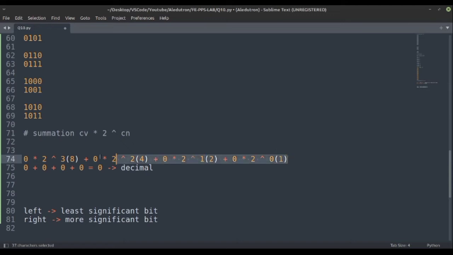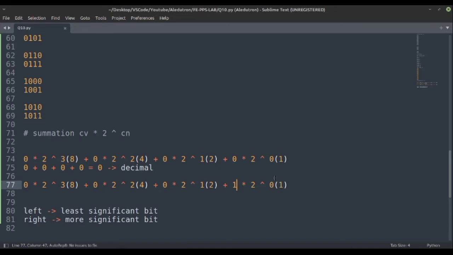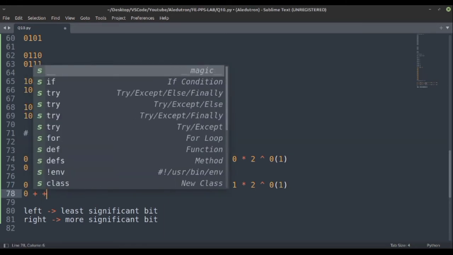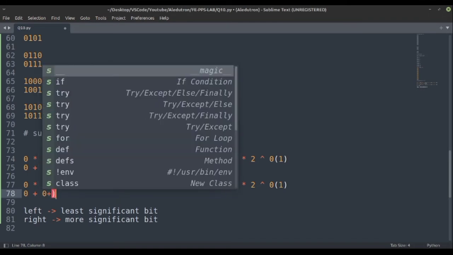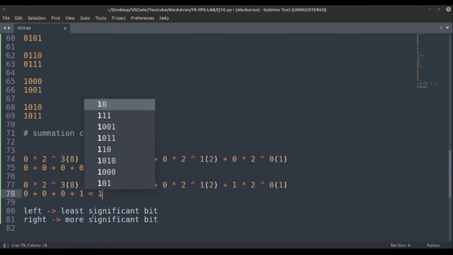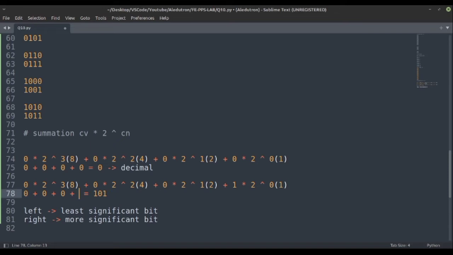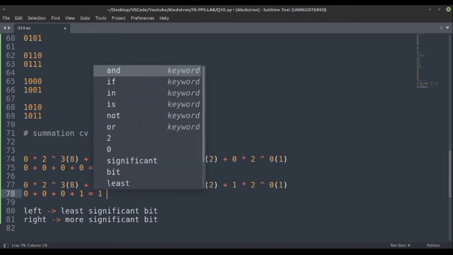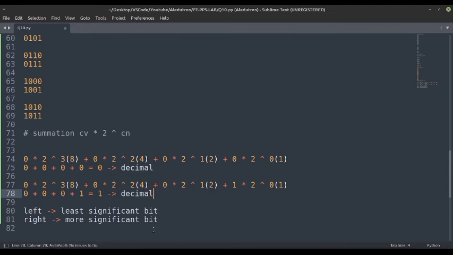So now similarly here the second digit has 1 at the last place, most significant bit is 1. So basically this 1 into 1 becomes 1, other all is 0. So 0 plus 0, 0 plus 0 plus 0 plus 1. Now this gives us 1. So we have to basically do addition. So it gives us 1 in decimal. So here also we are not getting any change. Now we will get to see the change.